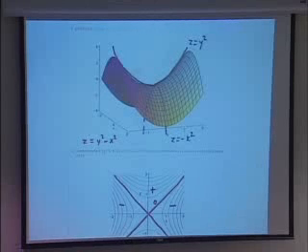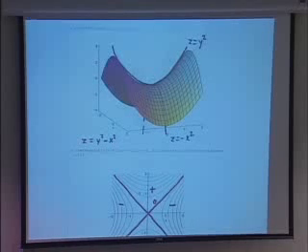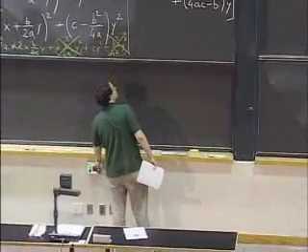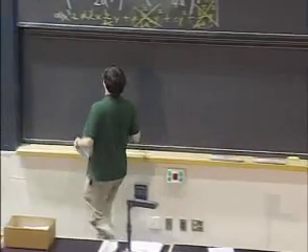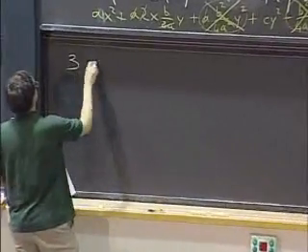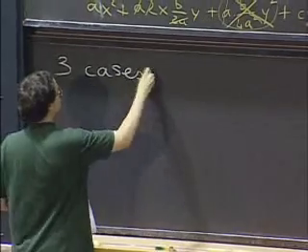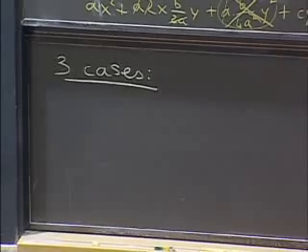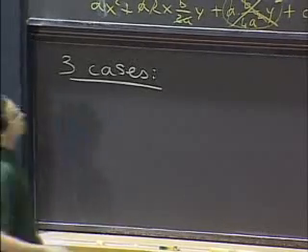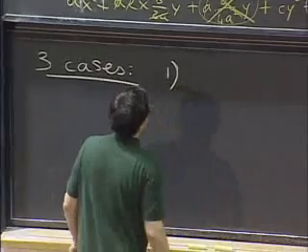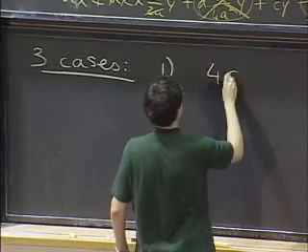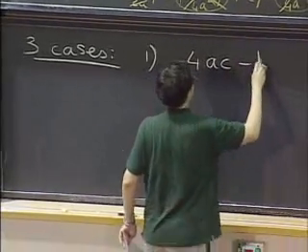Okay, so I claim there's various cases to look at. So let's see. In fact, I claim there will be 3 cases, and that's good news for us because, after all, we want to distinguish between 3 possibilities. So let's first do away with the most complicated one. What if 4ac minus b squared is